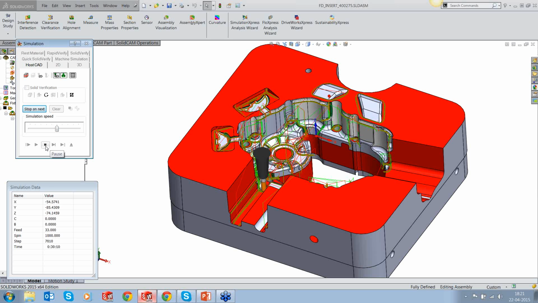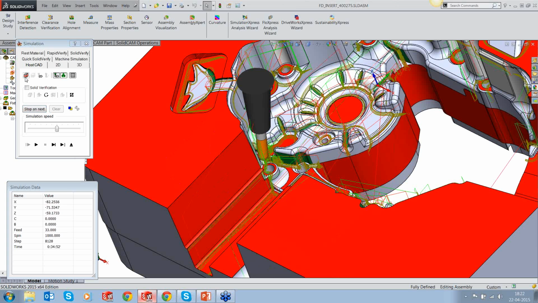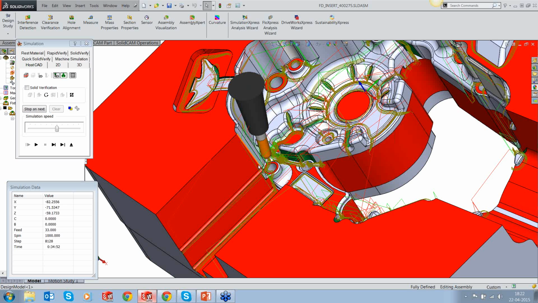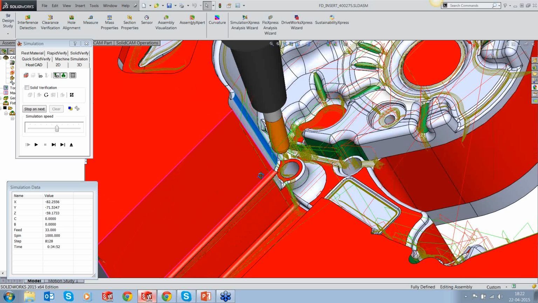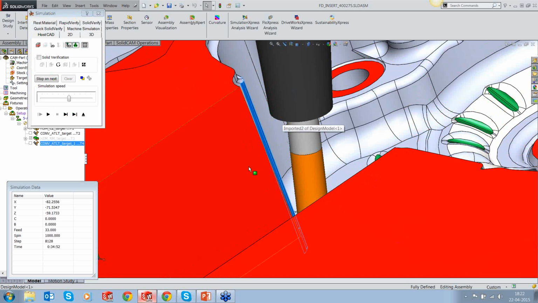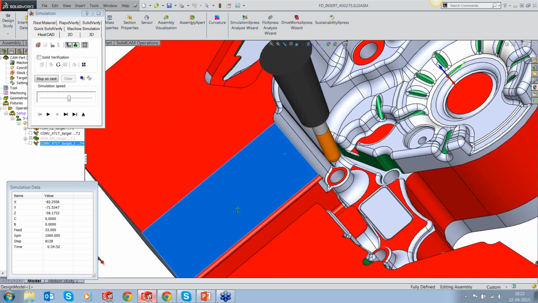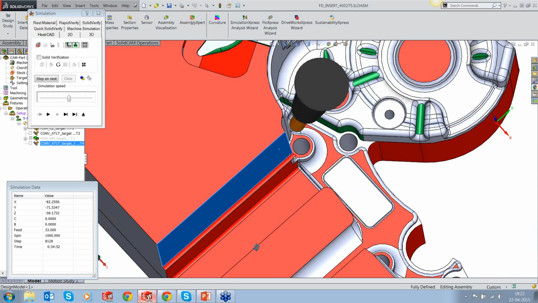As it comes to the wall, you can see that it's tilted itself. It's tilted itself because it's now trying to avoid the gouge between the holder and the geometry. So it's tilted itself very nicely to avoid that collision between the holder and the part, and still do rest